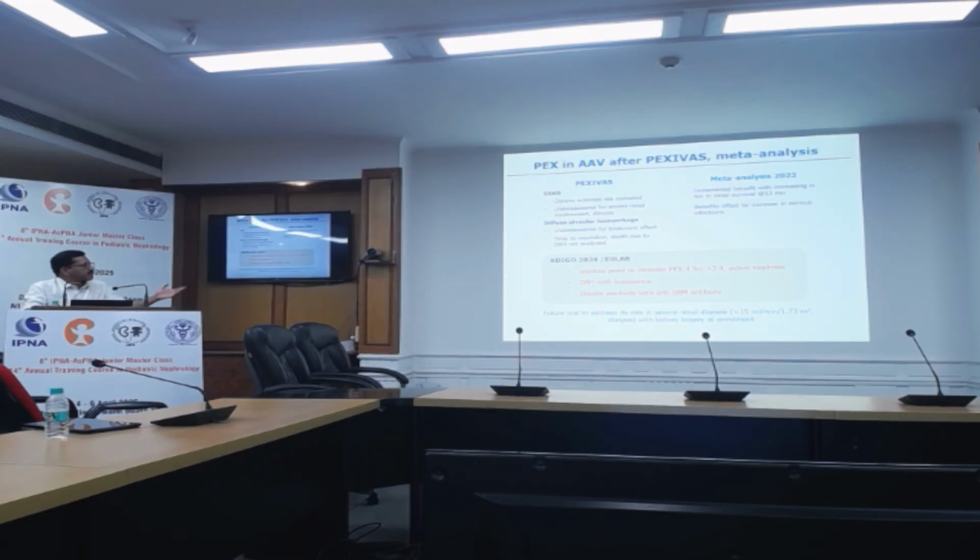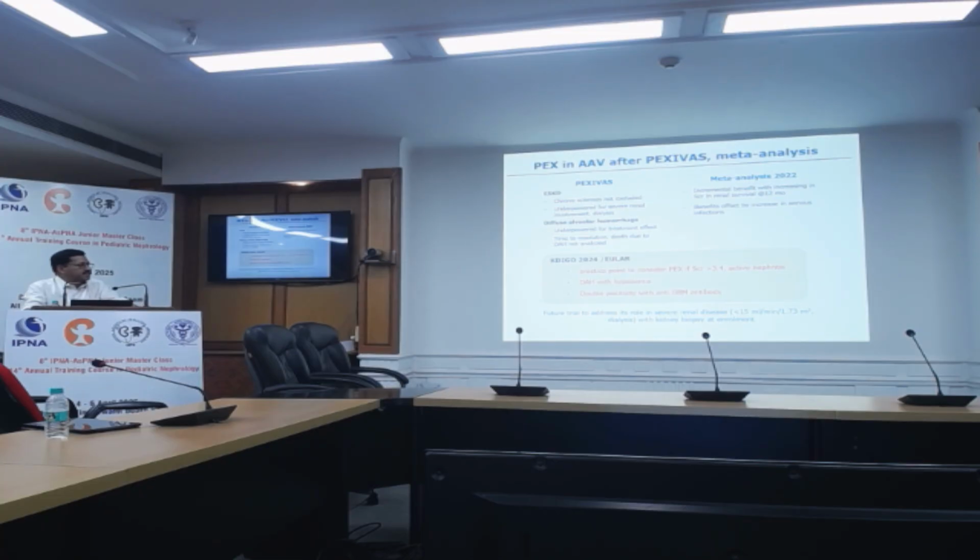And again, for the diffuse alveolar hemorrhage, it showed no difference in terms of mortality. That was perhaps because for this outcome, the trial was underpowered. The meta-analysis also interestingly showed that there was an incremental benefit with increasing serum creatinine in renal survival at 12 months. So based on the PEXIVAS trial and the meta-analysis, the KDIGO and EULAR suggested a practice point